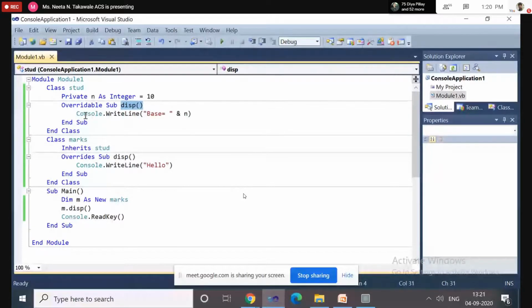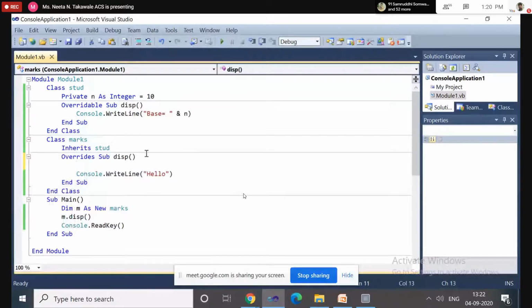Now I also want to access this overridable display method, because I also want to display the value of n. For that, use the my base keyword. When we want to access the overridable method inside the derived class, we can access it using the my base keyword. Now let's see how to access it: my base dot display.